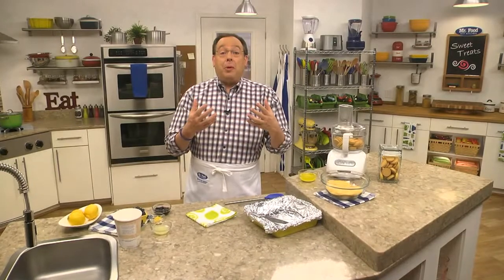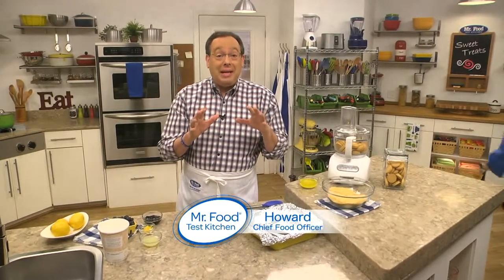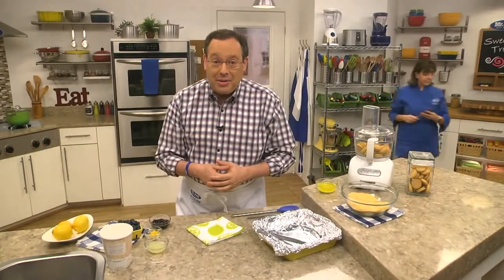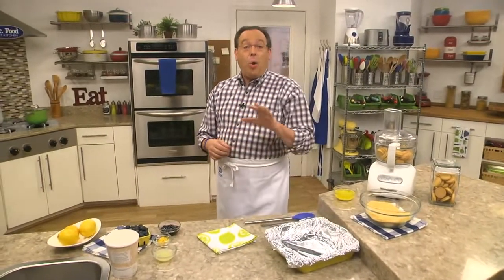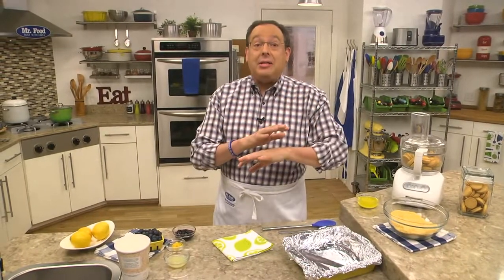From reading your Facebook posts and comments online, I know that most of you are looking for homemade tasting desserts this time of year, even though you don't want to turn on your ovens. So, with that in mind, what do you say we whip up a fresh tasting homemade ice cream bar that's